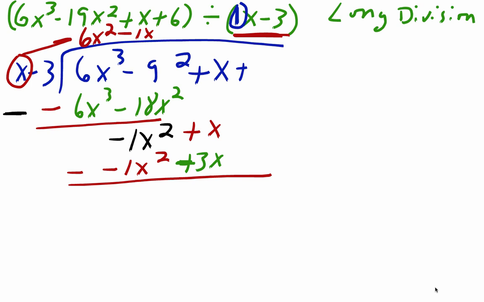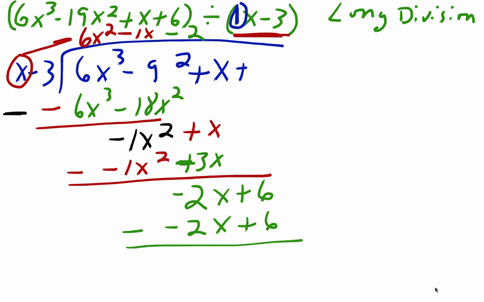And when we add those, then we get negative 2x, bring down the 6, and once again we take what times x would give me negative 2x, that'd be negative 2, and so we put negative 2x, and then we have negative 3 times the negative 2 at top, which would be positive 6, subtract those, and we get a